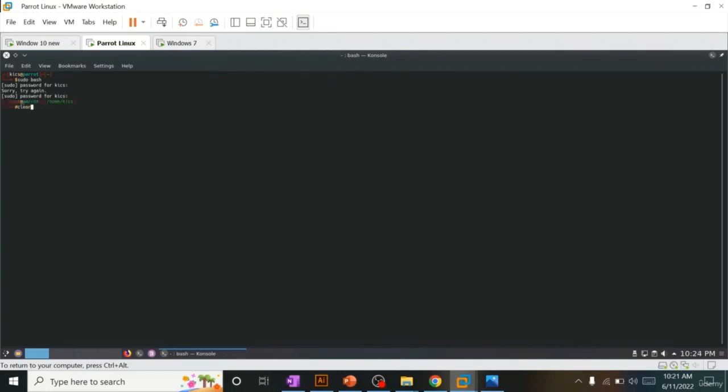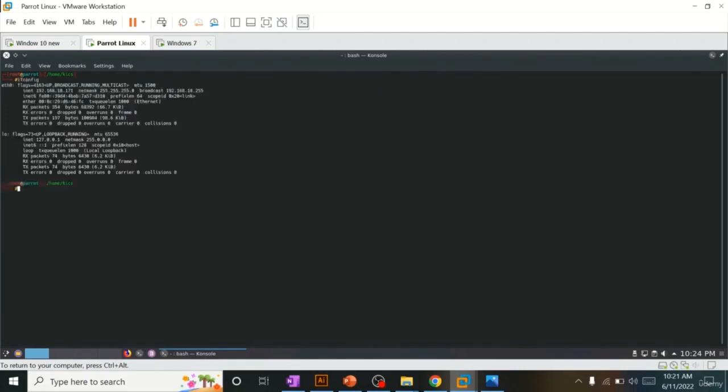Now I will check my IP. Okay, it's time to actually create a payload by using MSF Venom. I will simply type MSF Venom, and here I type the -p switch, and here I should specify the payload type. I typed Windows, Windows Meterpreter, and then